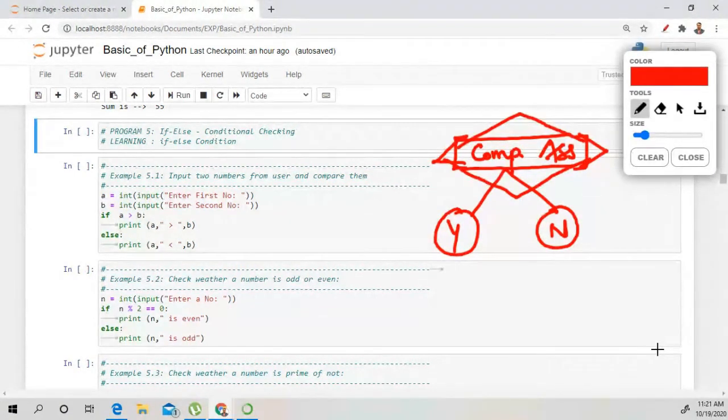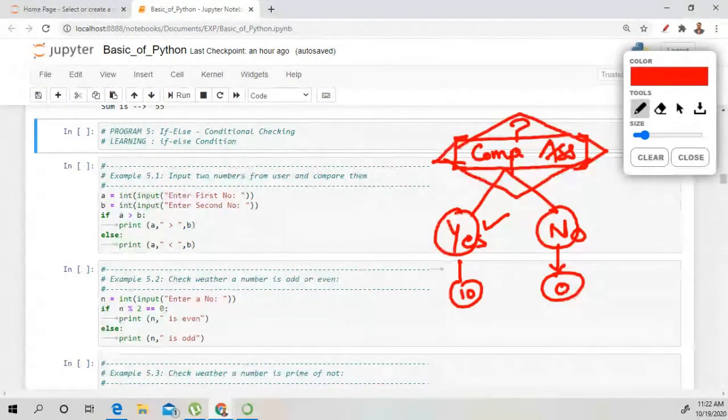Okay. If there is a yes option and if there is a no option. Have you completed your assignment? There is a question mark, and if you complete it, then you will get 10 marks. If you do not complete it, you will get 0 marks. Clear? Any doubt? So these software which calculate your attendance are based on this condition.